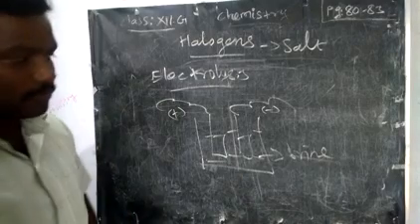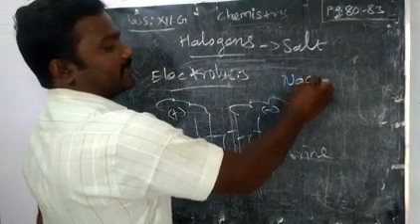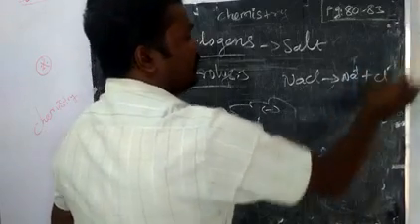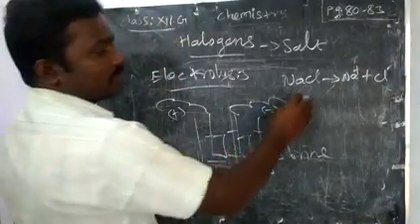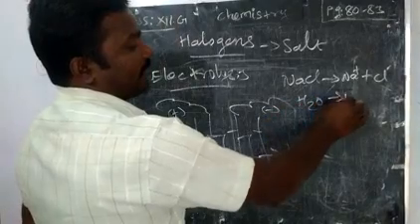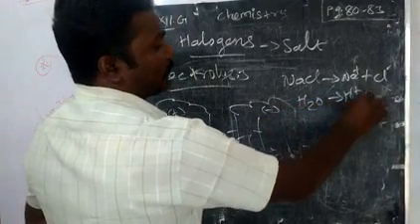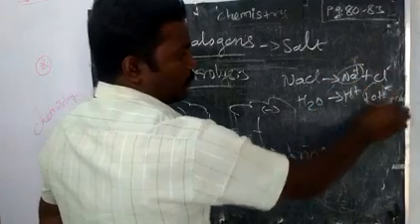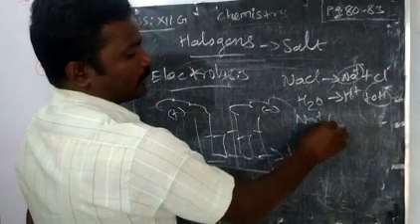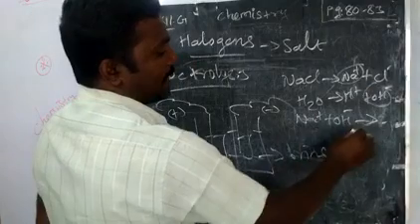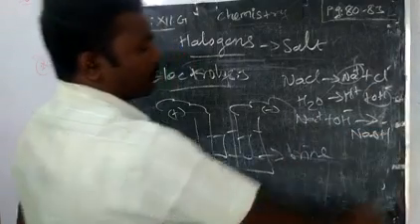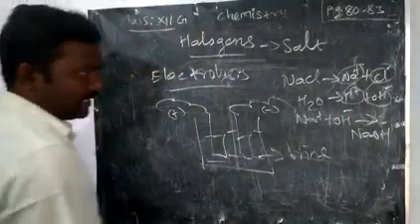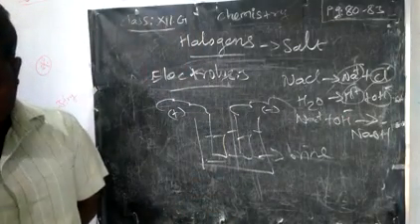First, sodium chloride, which is present in the seawater, will ionize into Na plus and Cl minus. Water, H2O, will also decompose into H plus and OH minus. Now this Na and OH will form sodium hydroxide, NaOH. What other things are left out? H plus and Cl minus. In cathode, am I right?